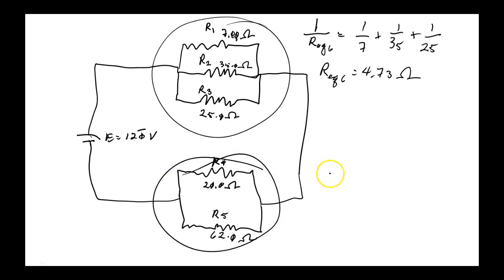Okay? And here we have, we'll call this REQ, we'll call it 7, because that's what the book calls it. They don't put the EQ, but I like to do that. And that would be,